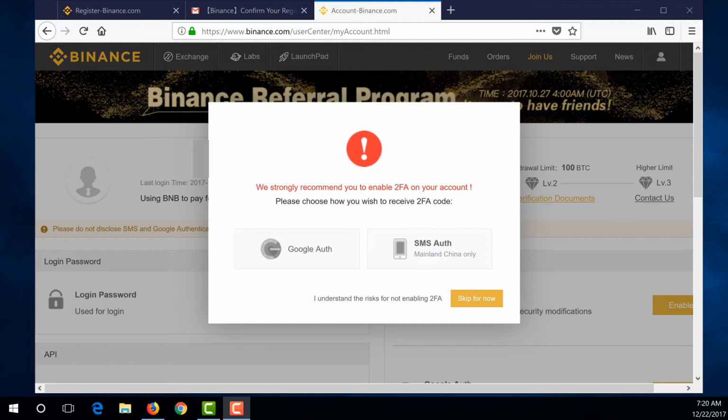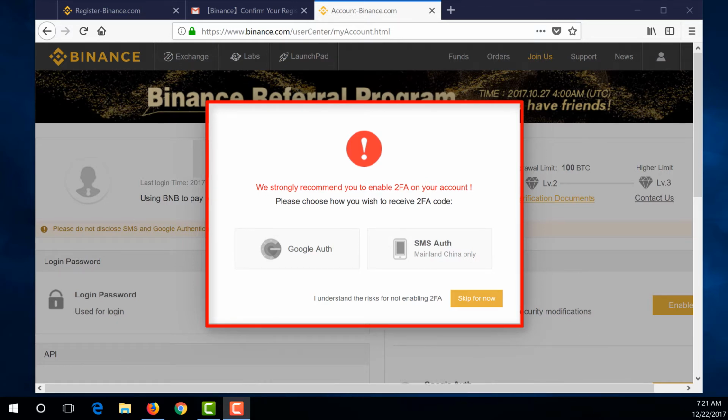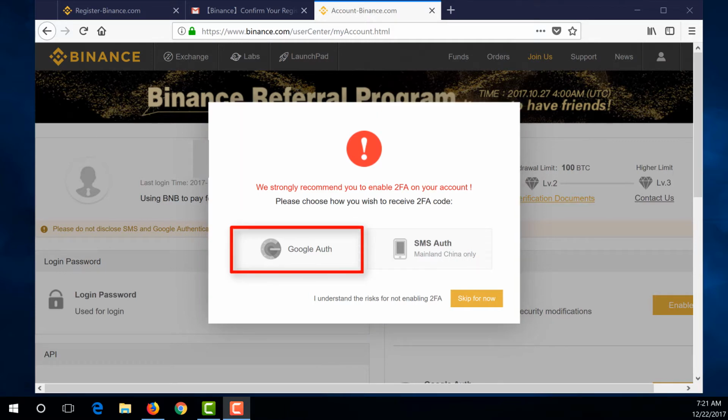Enable two-factor authentication, 2FA. Upon first login, you'll be presented with the following window, asking to set up two-factor authentication. Two-factor authentication is an added layer of security on your account that requires a special number from an app on your phone to log in. After this is set up, someone can't hack your account unless they also have your phone. Everyone should set this up immediately, especially if you plan on investing a lot of money. I define a lot of money as any amount that would cause you financial distress if it disappeared tomorrow. Select the Google Auth link to set up the Google Authenticator app.